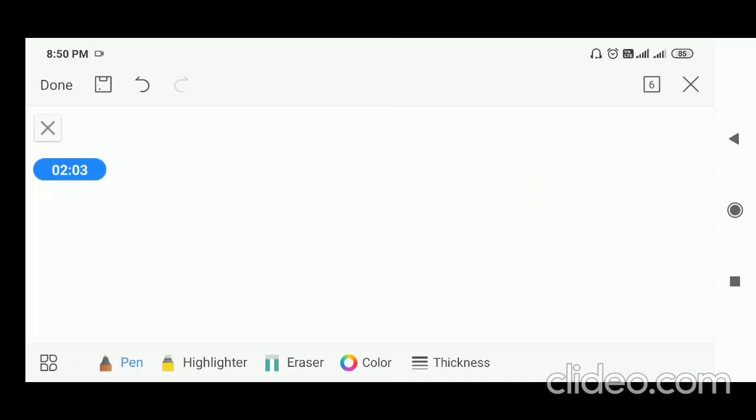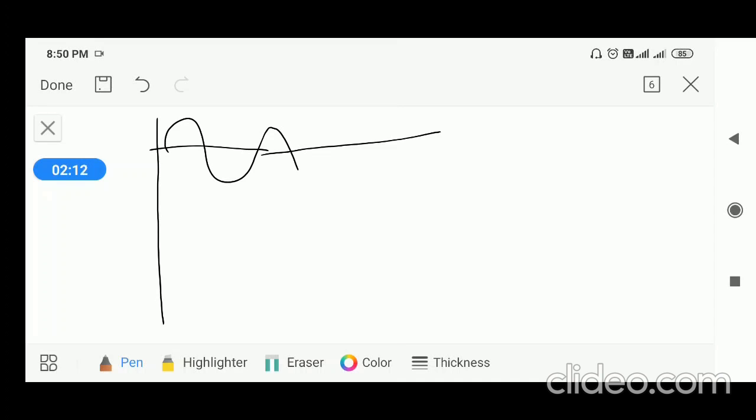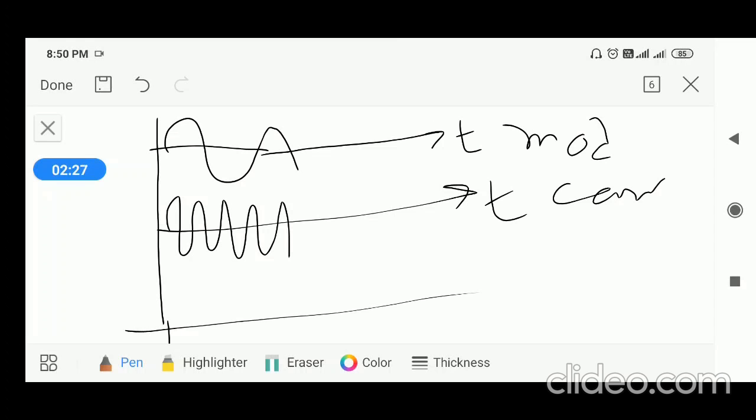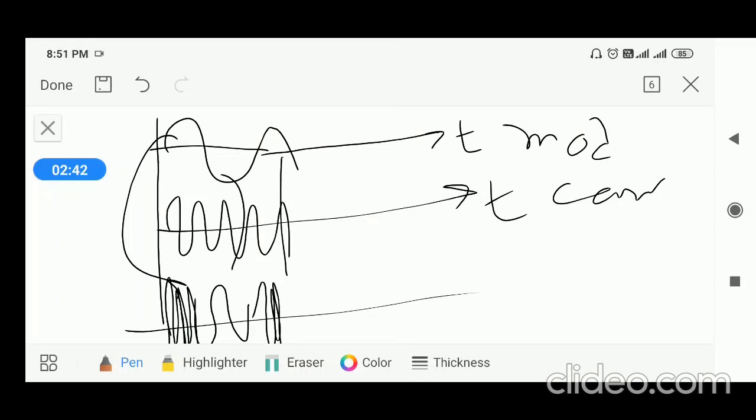Now I will draw the waveform. Let's say this is common y-axis, this is your x-axis of your modulating signal, this is carrier signal which is having very high frequency compared to your modulating signal. This is modulating signal, this is carrier signal. Next, the resultant FM signal, when there is a positive, you will get high frequency in FM. When there is a negative, you will get a low frequency. When there is positive, you will get the frequency of the carrier is increased. So in this way, the FM signal is generated.